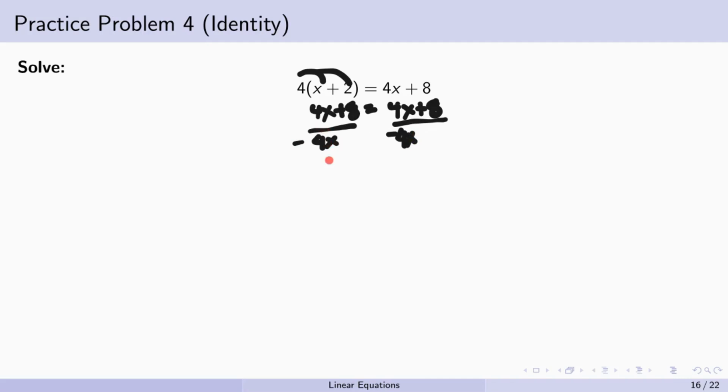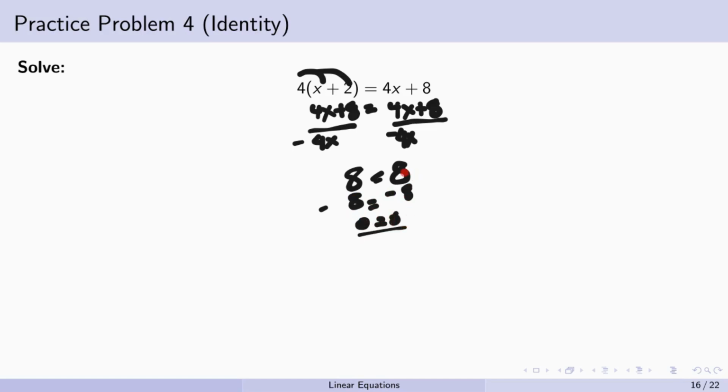4x minus 4x is 0 and then copy 8. 4x minus 4x is also equal to 0, then copy the remaining 8. That gives us 8 equals 8. Or also, if we subtract 8 from both sides, that gives us 0 equals 0. And again, this is a clue that